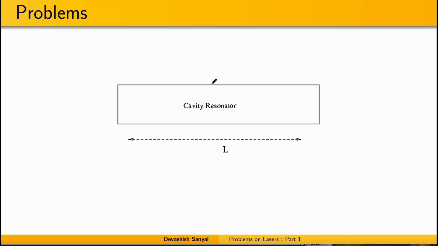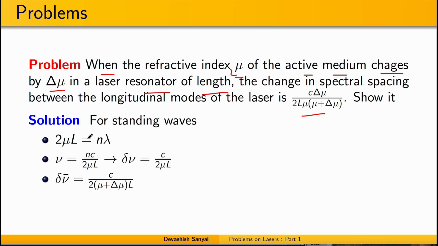The idea is we have a resonator, and here we have standing waves. So this is a resonator and the length is L. Standing waves are created here. So what is the condition for having standing waves? The condition for having standing waves is